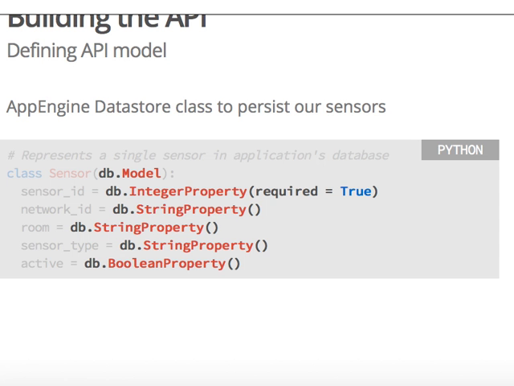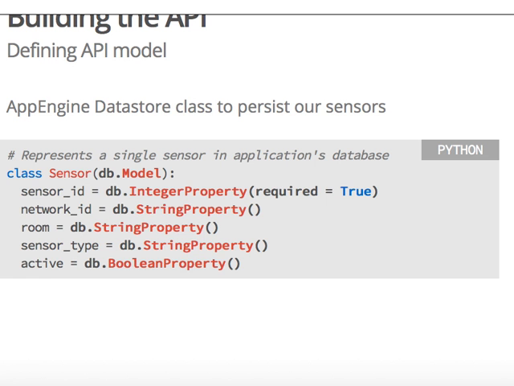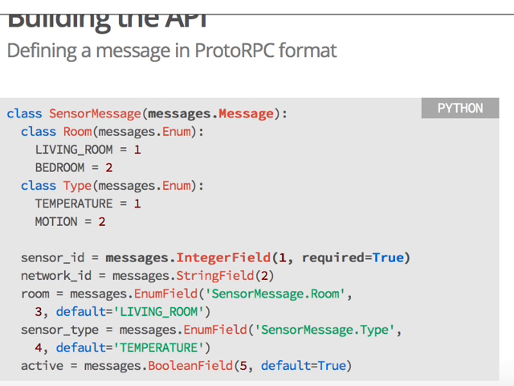You can do this because, see this, we inherit this class from db.Model. This is the class provided by the App Engine framework, and we create these fields as DB properties. That's basically enough for App Engine to handle this serialization for you. And we define sensor ID as a unique field, but that's pretty much arbitrary. Now, the next step is we define our web service API. But really, first we start with defining the sensor message, so how this data will be sent to us. You see, it looks really familiar to what we had on the previous slide.